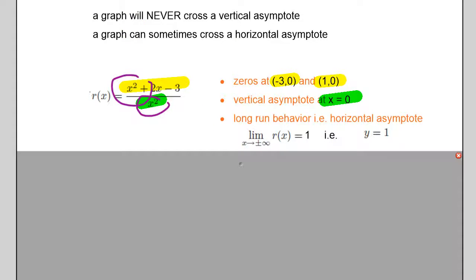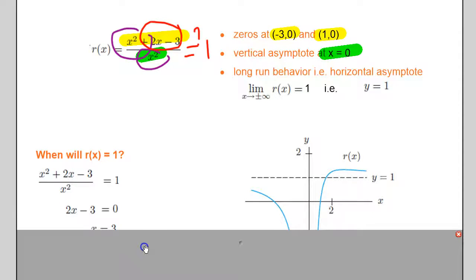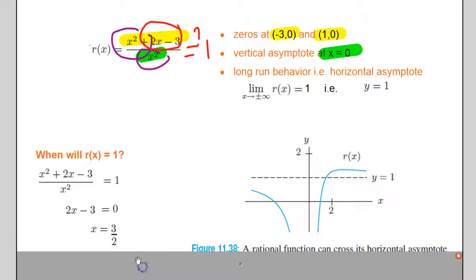In order for that to happen, it happens because at some point there is an x value where the numerator is going to be equal to the denominator to give us that y equals 1. And when will that happen? Well, that happens when this part is equal to 0. Okay? So, in other words, for our particular graph, we can determine when 2x minus 3 will equal 0, and that will be the point where the graph